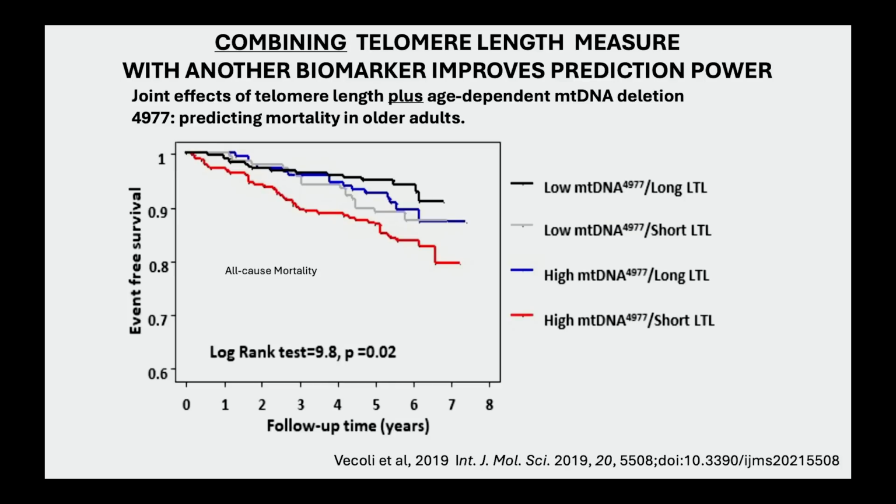So there's a mitochondrial deletion that becomes more and more frequent in the genomes of mitochondria through a lot of tissues when humans age. It's called 4977, just alluding to the particular region that's deleted in mitochondrial DNA. You can classify people into high frequency and low frequency, and into higher telomere length tertile and lower tertile, and then you can just look at death. I'll just show you overall mortality, and what you can see is neither one has a really strong effect, but if you put them both together, you get a much more noticeable effect. It looks pretty additive. So telomere length is adding usefulness here,